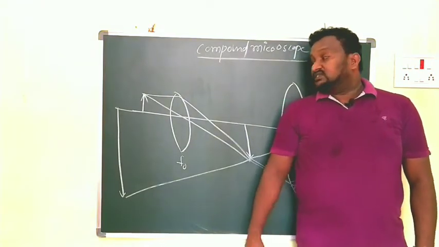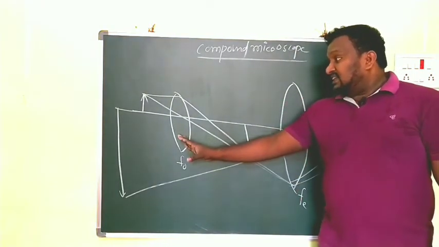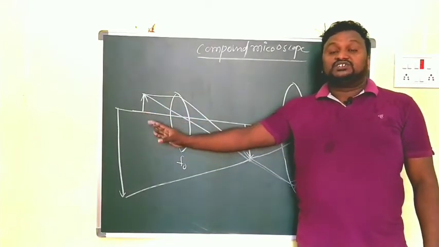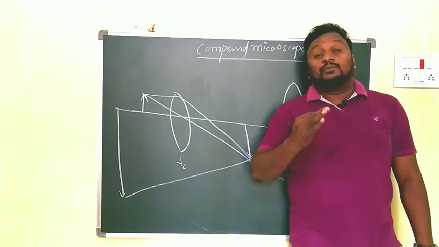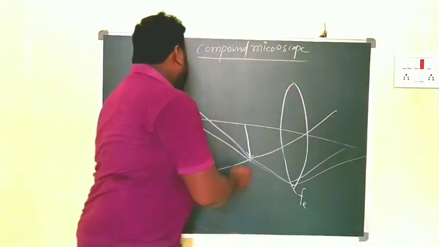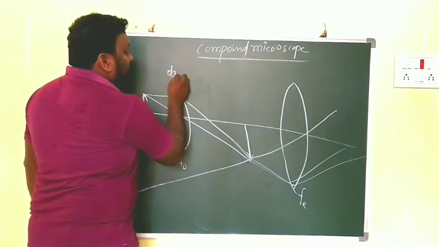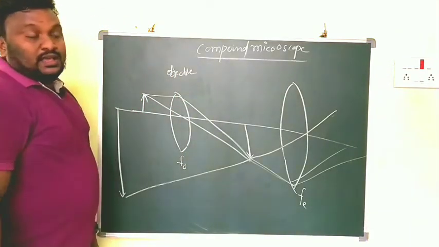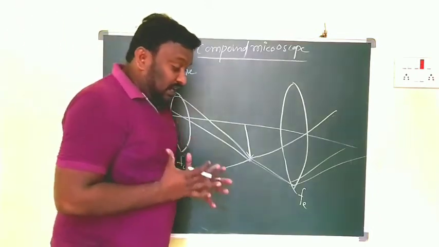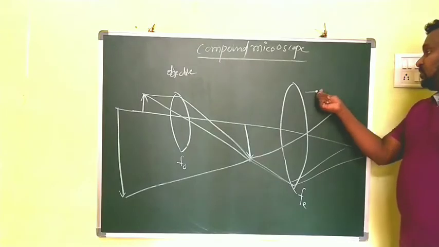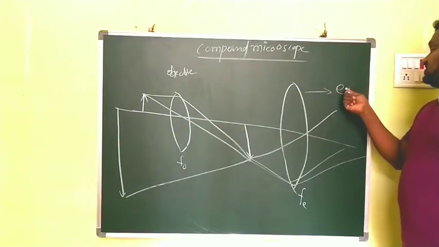The lens which is very near to the object is called the objective or object lens. So this is the objective lens, and the side from which we are viewing the image, this is called here